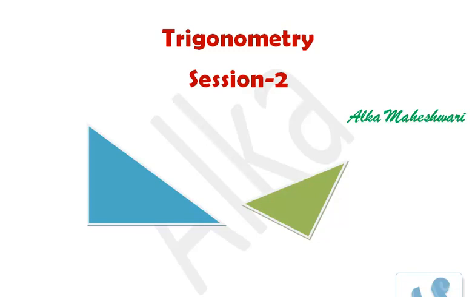Friends, this is our second session for trigonometry. In the previous session, we discussed the six trigonometric ratios, the relationships among them, and the conversion of one trigonometric ratio to another. We discussed sine theta, cos theta, tan theta, sec theta, cosec theta, cot theta. We discussed the three basic relationships: sine square theta plus cos square theta is 1, 1 plus cot square theta is cosec square theta, and 1 plus tan square theta is equal to sec square theta. Right? We discussed some problems based on how to calculate sine 120 degree, cos 150 degree, that is, the angle beyond 90 degree.